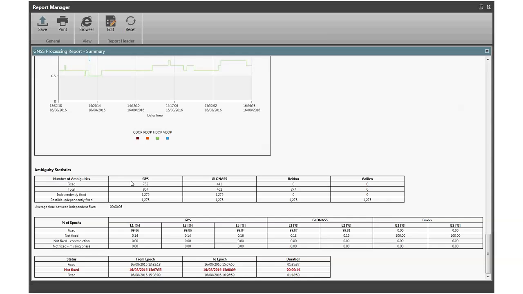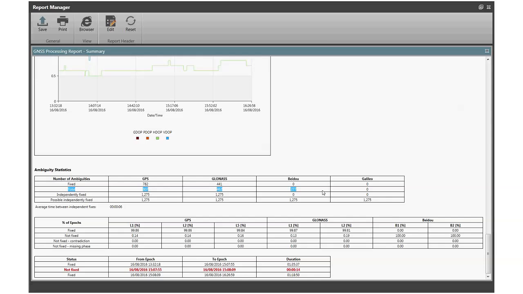So the number of ambiguities nowadays is more than before. The total means, do you see the total clearly? Maybe I highlight this one here. Total means here